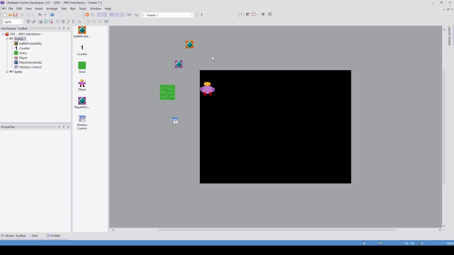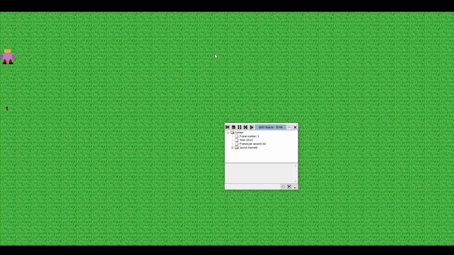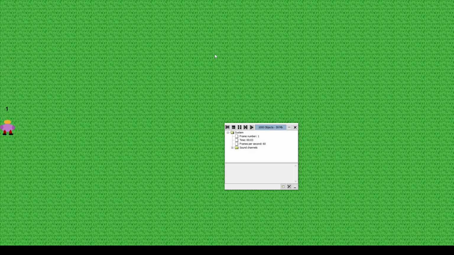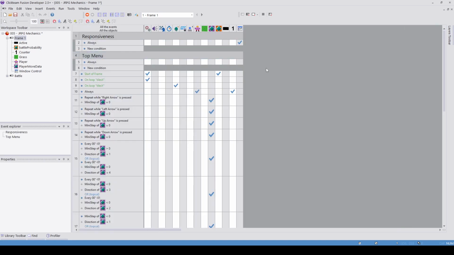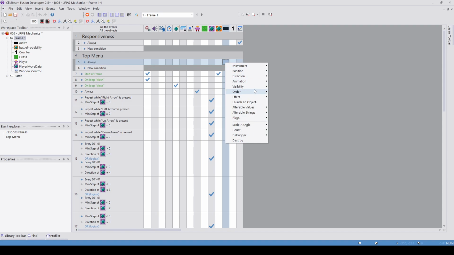Now, I'm just thinking, actually, I probably do want to do it the way I've done, because if you look at the scrolling, it will scroll the grass up and we'll lose our menu. So, I shouldn't have undone that, I think. Well, I should undo that, which I don't think you can do now, because when you change view, I've got to put it in again. That's really irritating. So bring to front, and